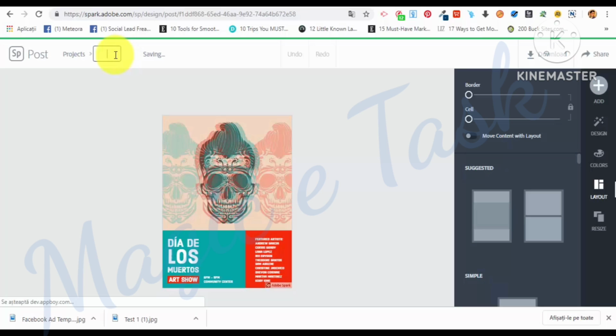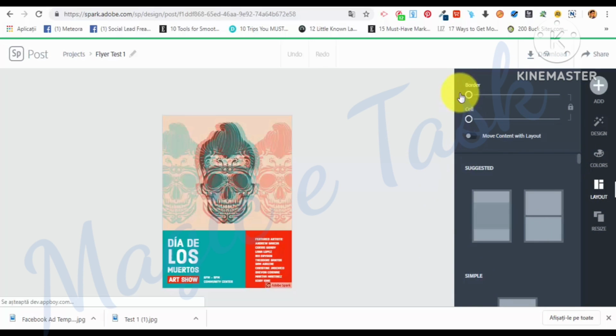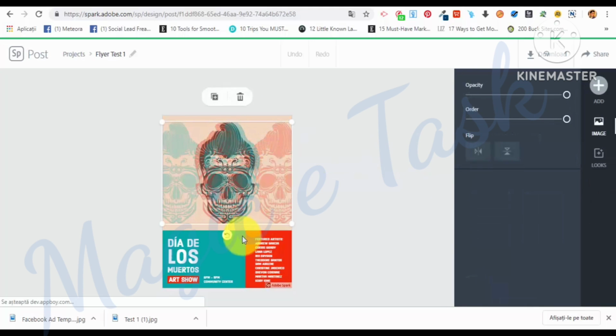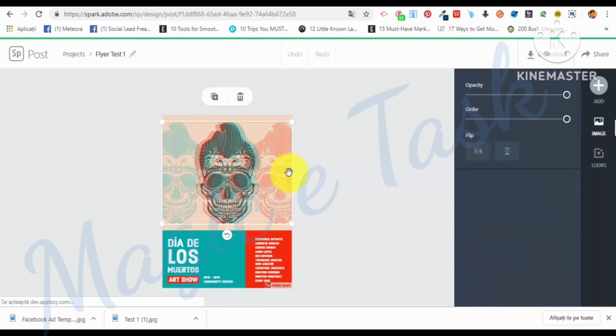We are giving it a name, flyer test 1. So we have the name, and this is how the flyer looks. First things first, as you can see, it's pretty similar to the other types of graphics that we have created before. The menu and the editing part, we can select any of the elements that we have here. Okay, it's very, very similar,